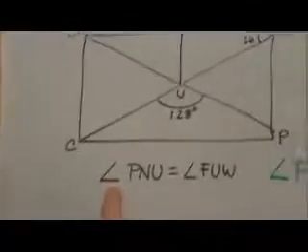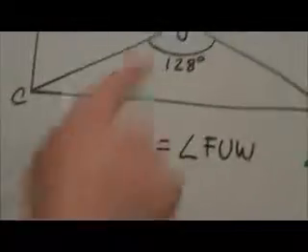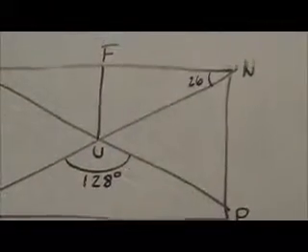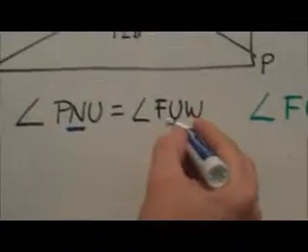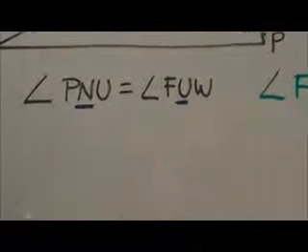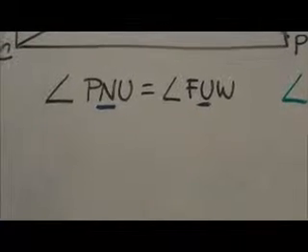This says angle PUN, this angle PUN is equal to angle FUW. Now, by looking at them, they don't look the same. Those are two different triangles, but what they're asking you to remember is that the angle N is going to have the same maybe measure, so to speak, as angle U, is what they're going to try to get you to hopefully remember,